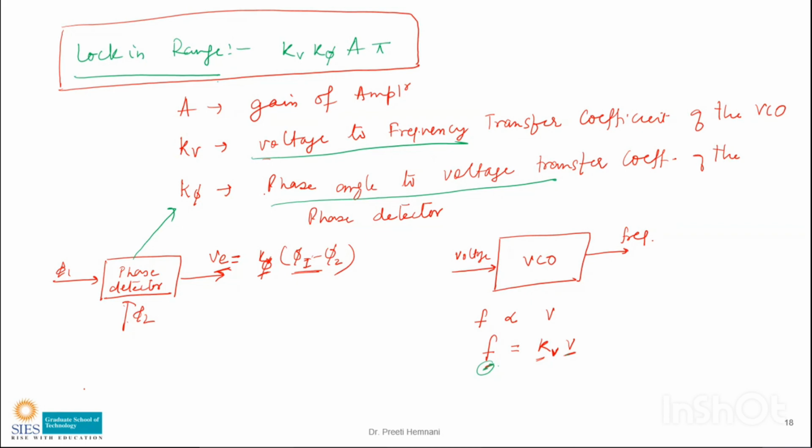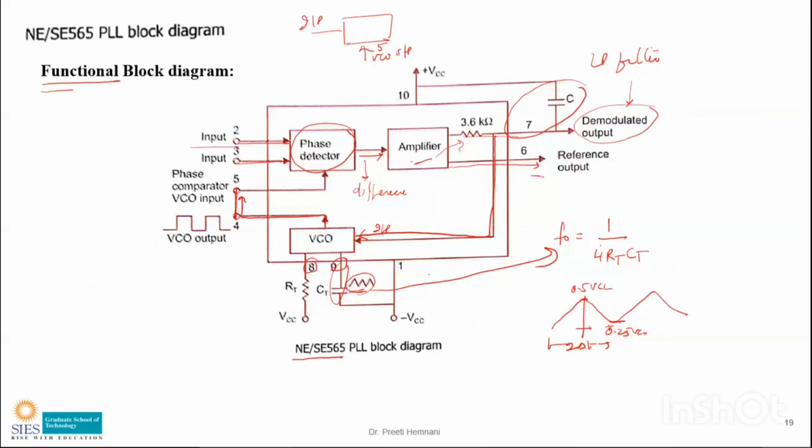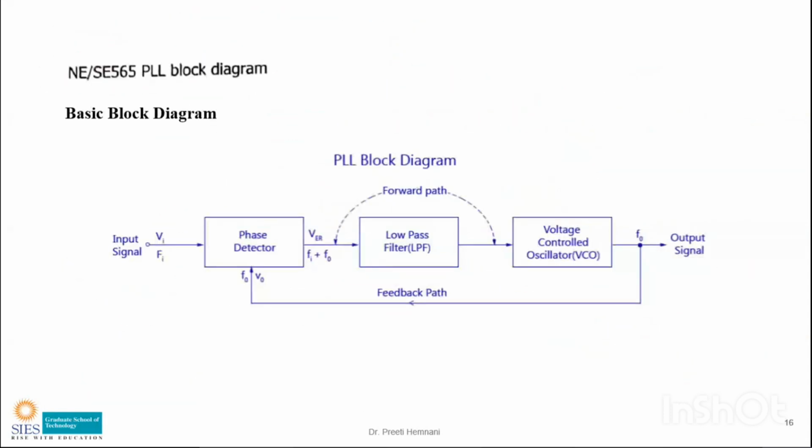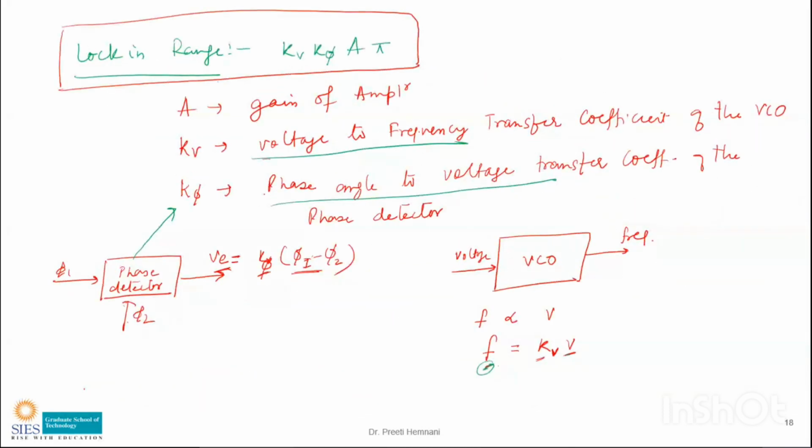And how does the lock-in range come? How is it actually derived? We just go ahead with the block diagram one by one. This is your input and this is K phi, and here you have phi 1 and here phi 2. So we write this as K phi times (phi 1 minus phi 2). Then it passes through a low pass filter, then the output. Here KV and K phi, and an amplifier which has a gain, so that also gets added. Then you again have phi 1 minus phi 2, and putting it together the formula comes out as KV into K phi into A into pi. Clear? Lock-in range.